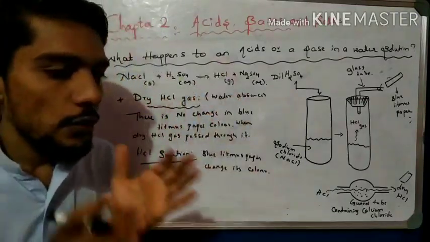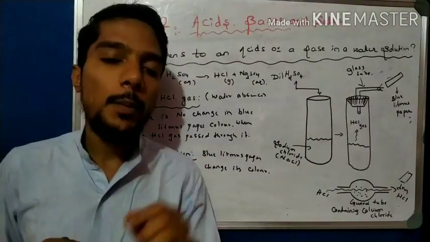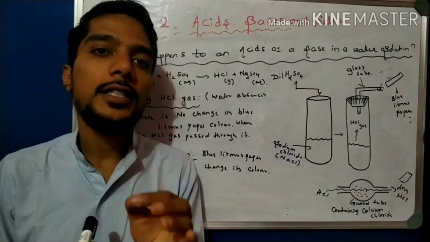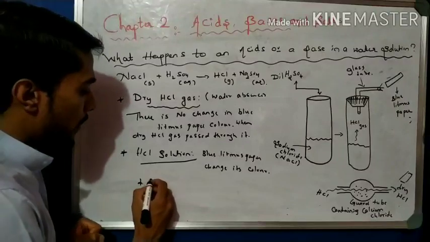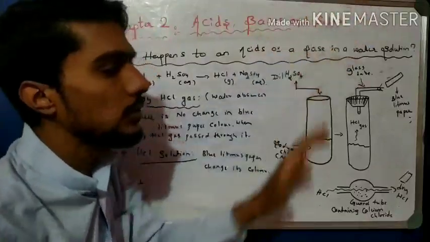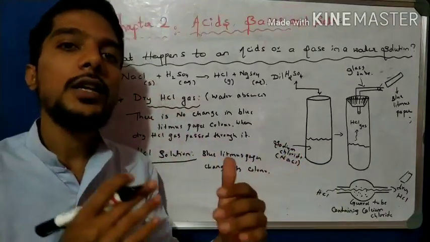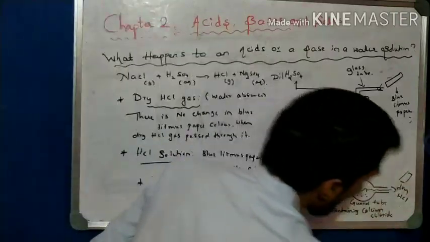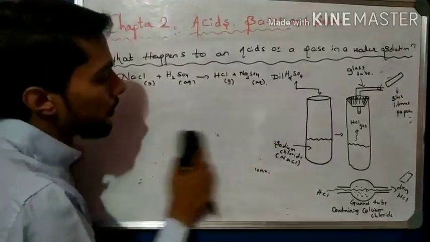So from these experiments we observe that in the absence of water molecules there is no showing of acidic property, there is no formation of H plus ions, but in the presence of water molecules the acid shows its acidic property. So the final conclusion: acid in water solution, and the same for base in water solution, can show the acidic property. In the solid state or in the absence of water molecules they do not show their acidic property. So finally I write my conclusion here, so please note this down, right? Okay, now come to the final conclusion.